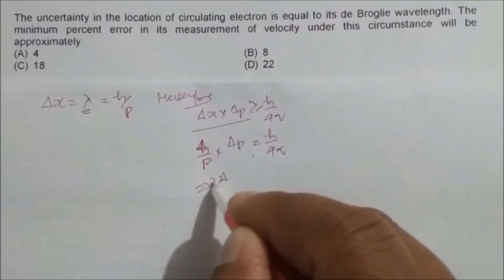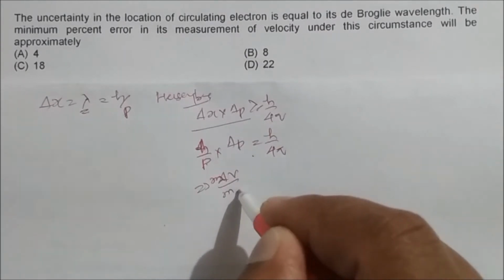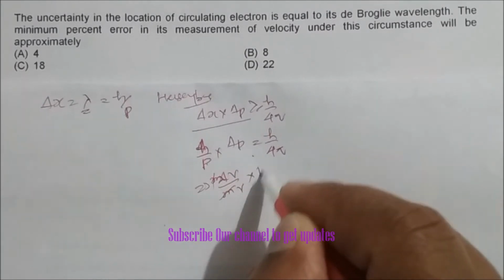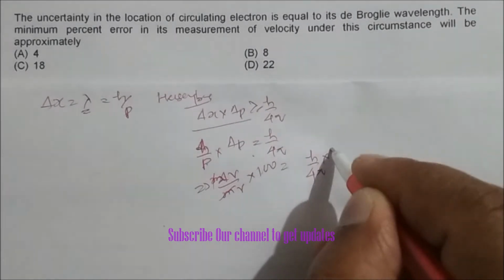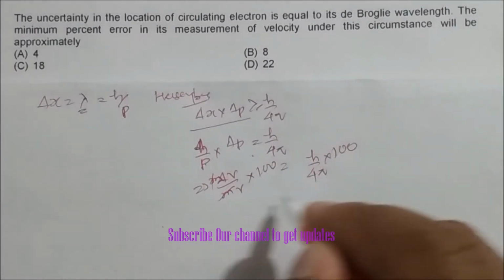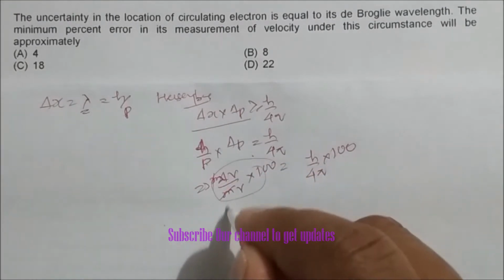So delta m into delta v by m into v. So we cancel and multiply by 100. So this becomes h by 4 pi multiplied by 100. So this is the minimum percent error